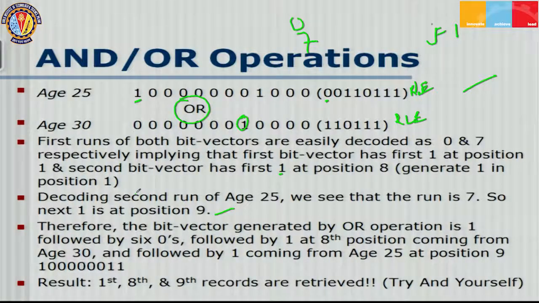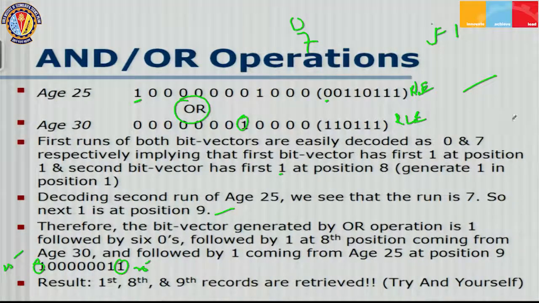Okay, so therefore the bit vector generated by the OR operation is followed by 7 zeros, so the 8th position coming from age 30, followed by a 1 coming from age 25 at position 9. Okay, so this tells me that there will be a 1 at the first position, coming from age 25, and this 9th is also coming from age 25,